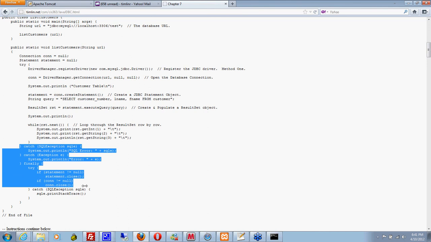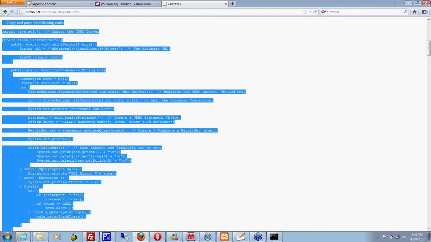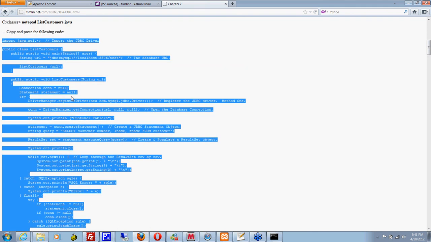Catch. Those of you that are familiar with C++, PHP, even JavaScript, probably know about try-catch blocks. And then finally, this is where we shut down all of our connections to the database nicely so that we don't cause any corruption. And of course, running this,